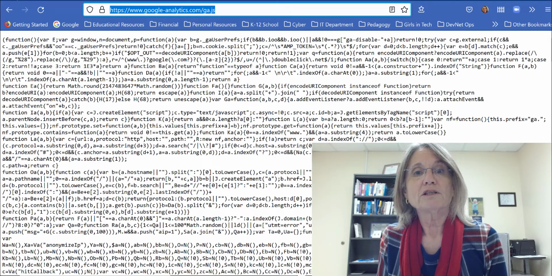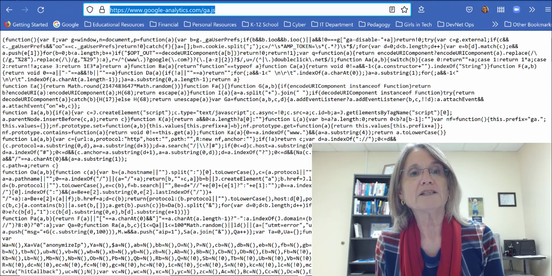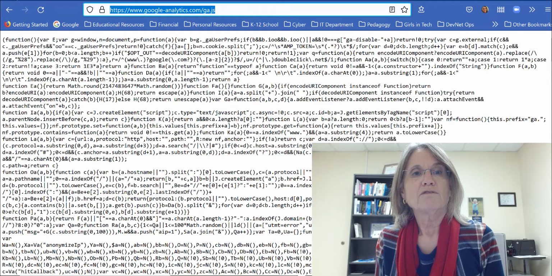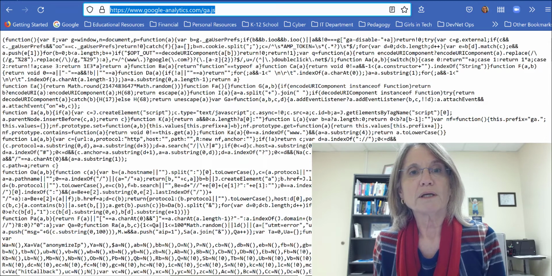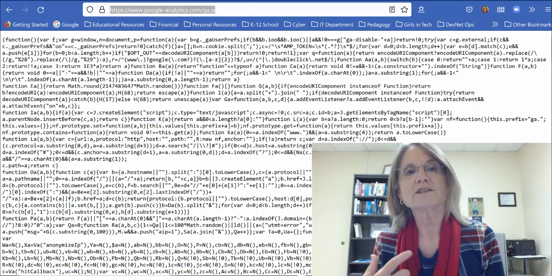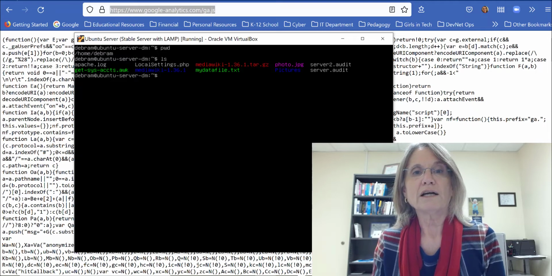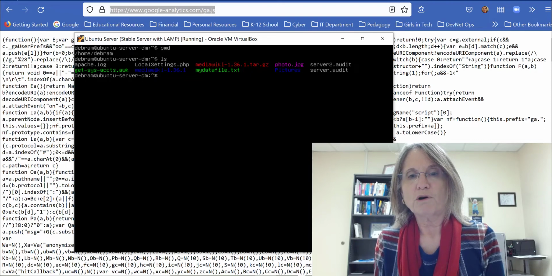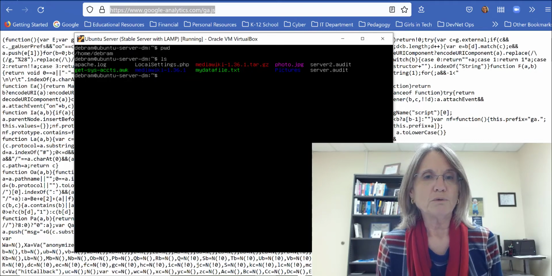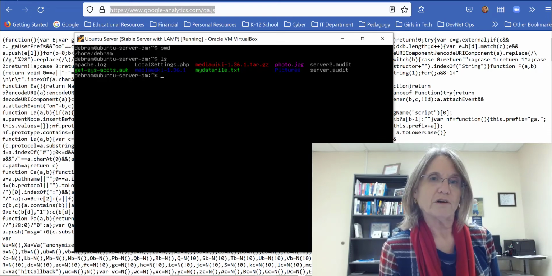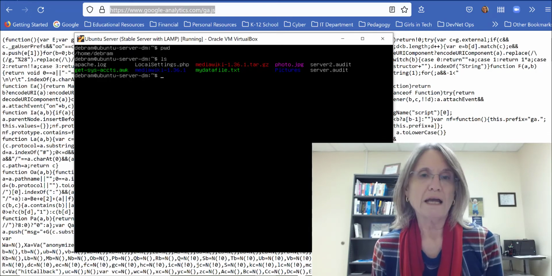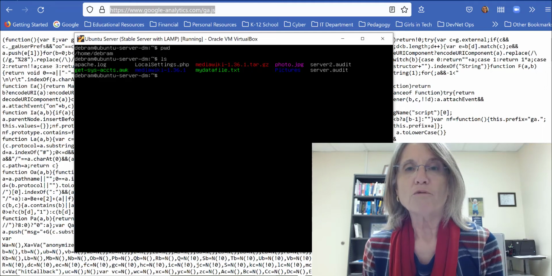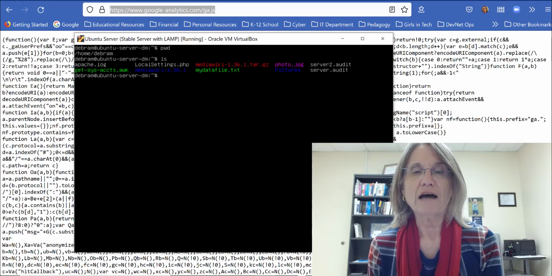So in our case, we can see the indicator here is https://www.google-analytics.com/ga.js. So that solves our first part of our dilemma. What is the URI? Now we need to figure out what Linux command will help me download this outside resource